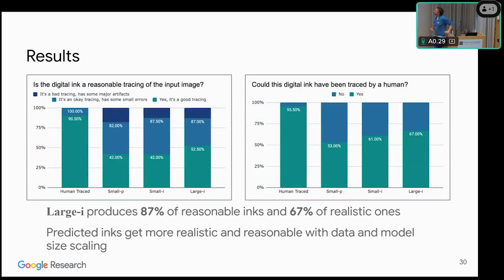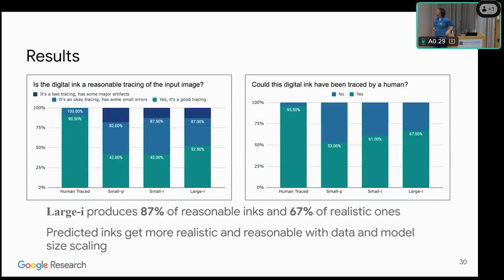And this is what we got back. For the question of whether the digital ink is a reasonable tracing of the input image, we have actual human traced data, and then 3 model variants, 2 small ones and a larger one. What we can see is that we get up to 87% reasonable inks with our largest model.